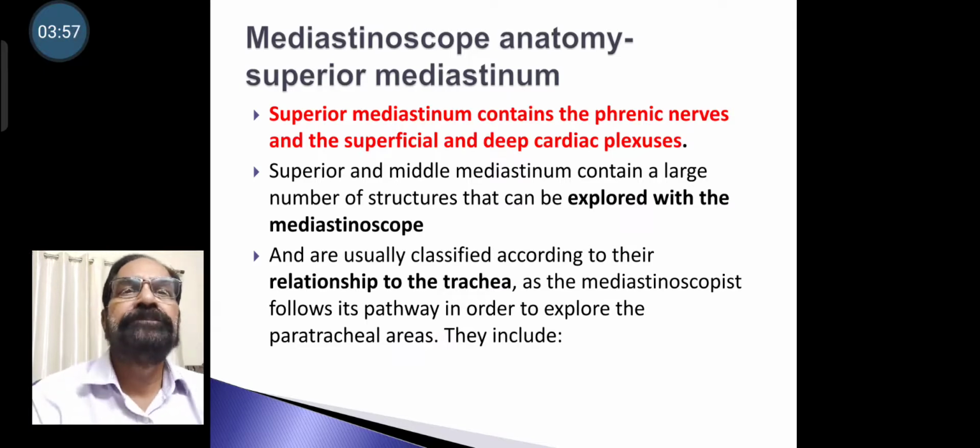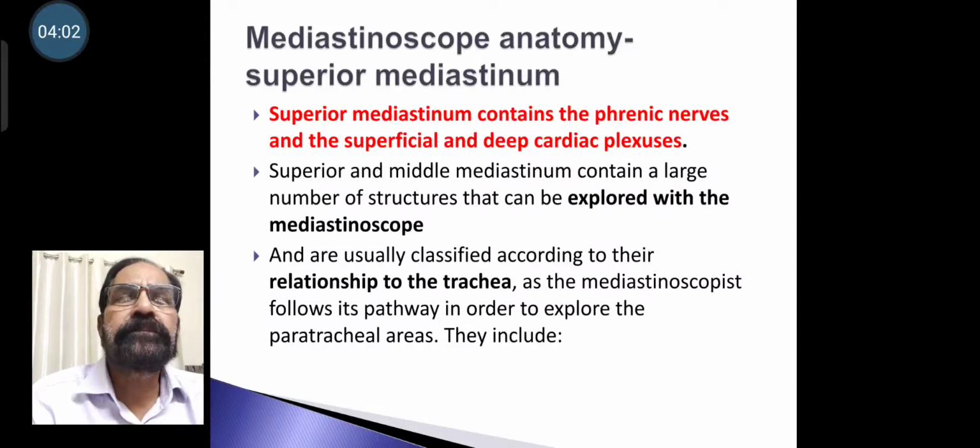Mediastinoscopic anatomy. The superior mediastinum contains the phrenic nerves and the superficial and deep cardiac plexus. The superior and middle mediastinum contain a large number of structures that can be explored through a mediastinoscope and are usually classified according to their relationship to the trachea, as the mediastinoscopist follows its pathway in order to explore paratracheal areas, and they include